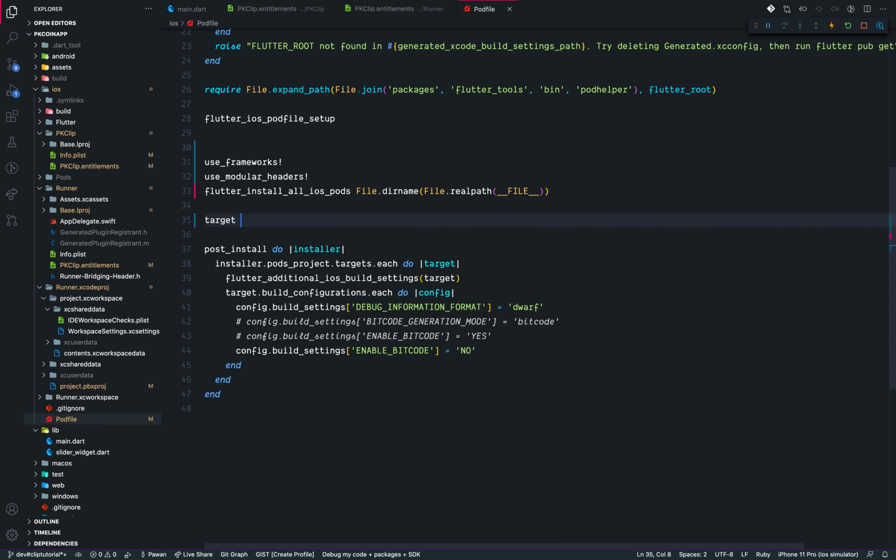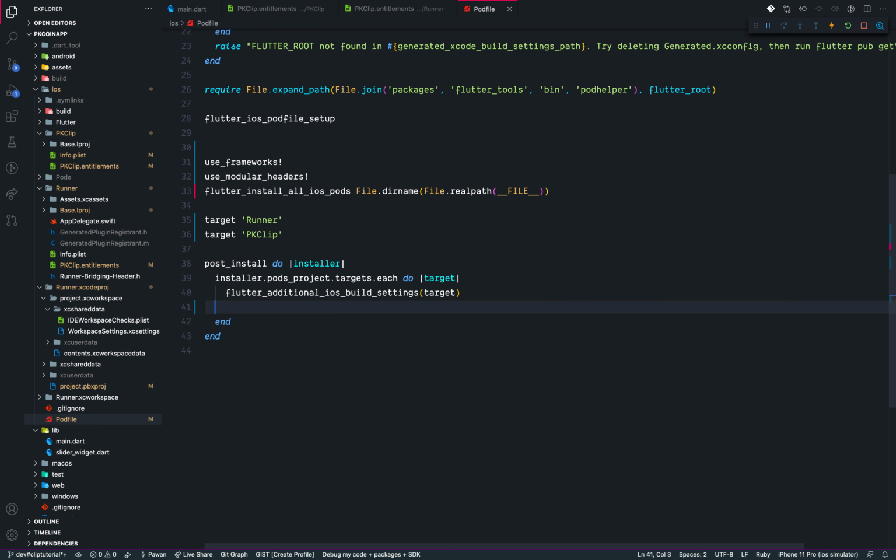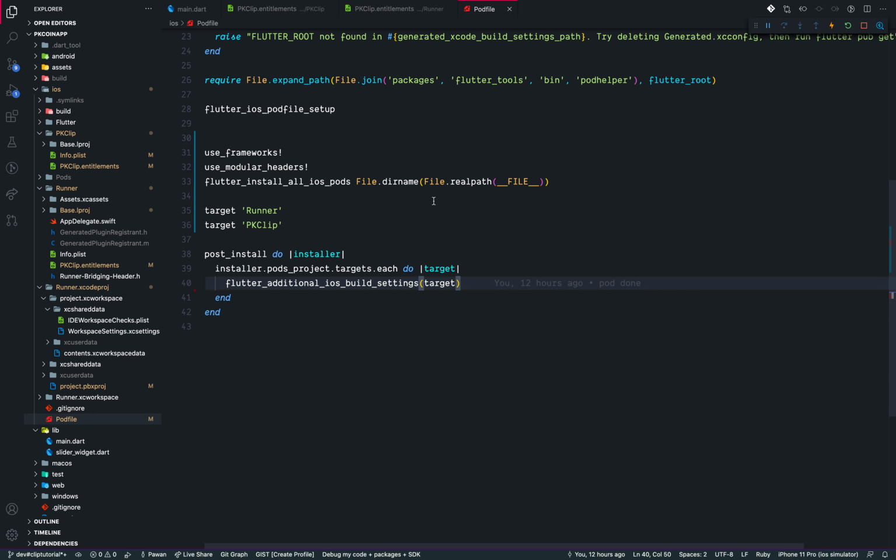First would definitely be runner, and the second target would be PK clip. We can remove this part. Actually this is added for my own project, but you don't need it. So yeah, we are done with the pod file as well.